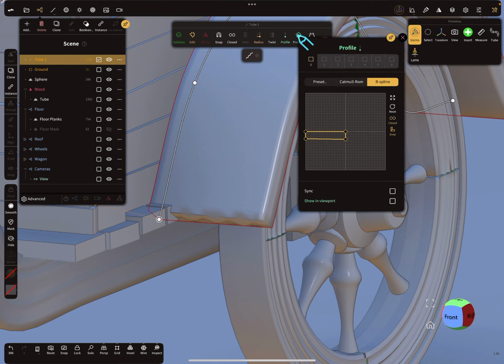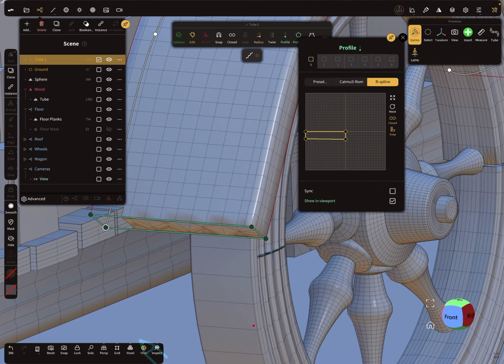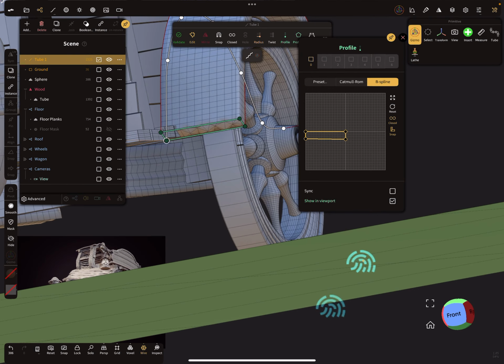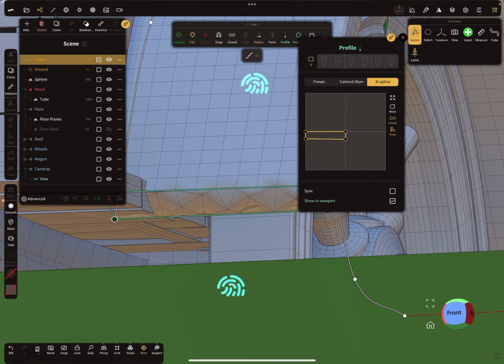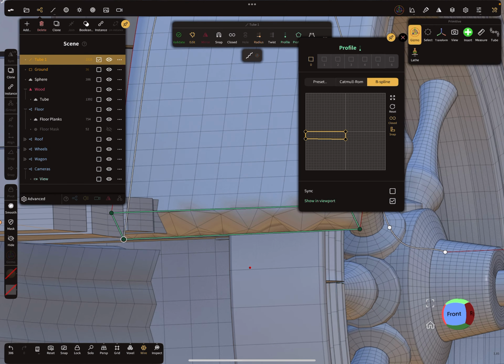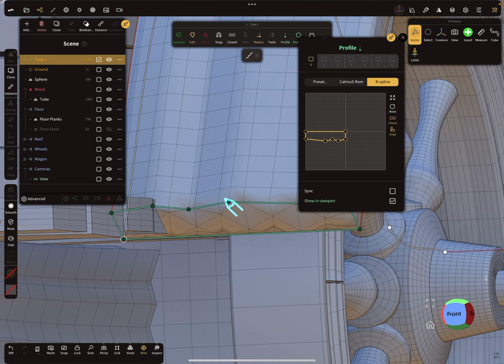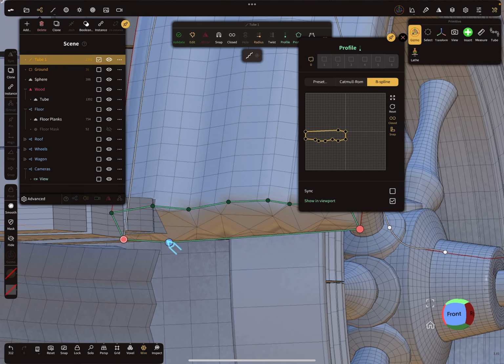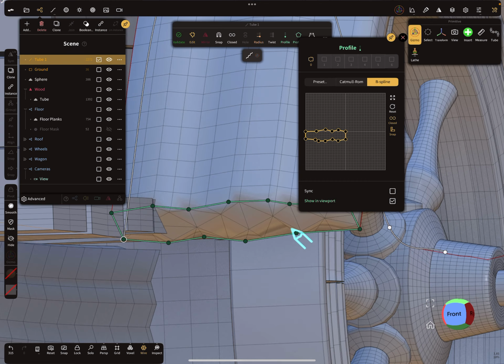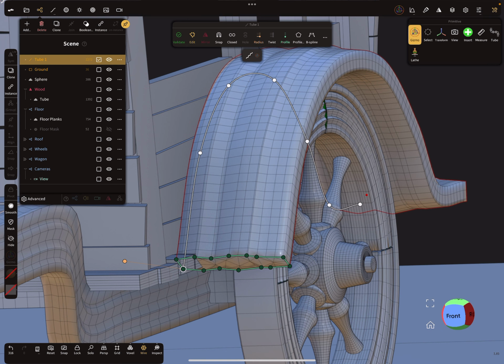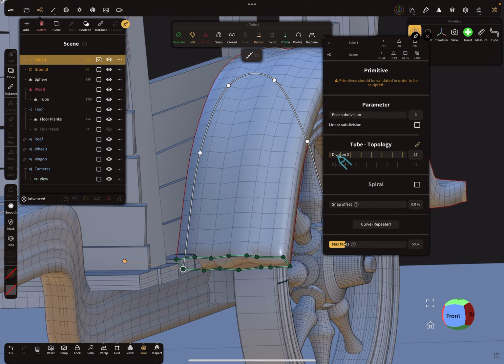So let's add a few details. So wireframe. So the topology maybe like this.